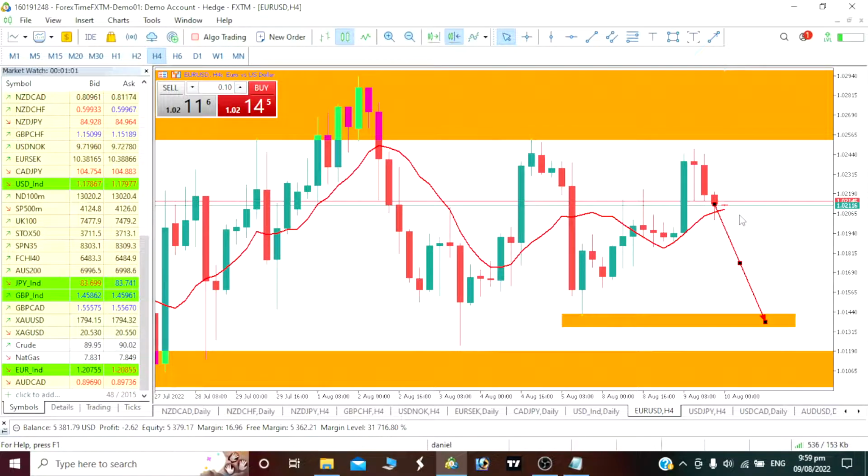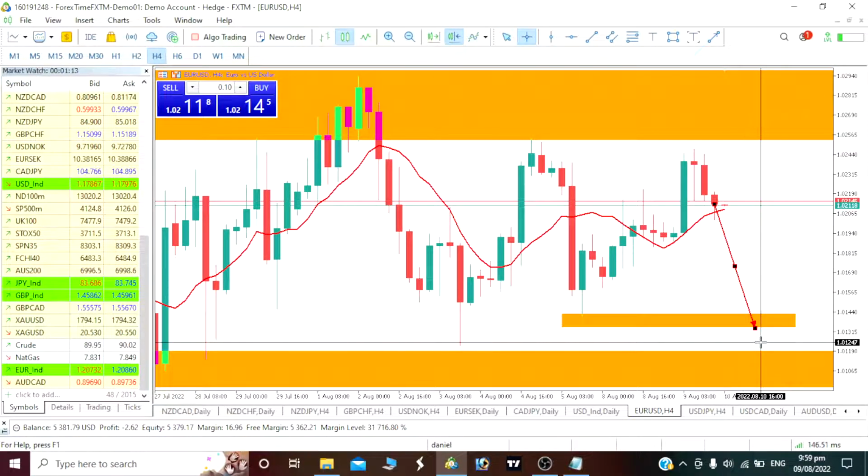We would want our euro to at least fall and hit 1.01565, and even possibly go and tap 1.01440. So that's exactly two points our price will be hitting for the 10th of August,